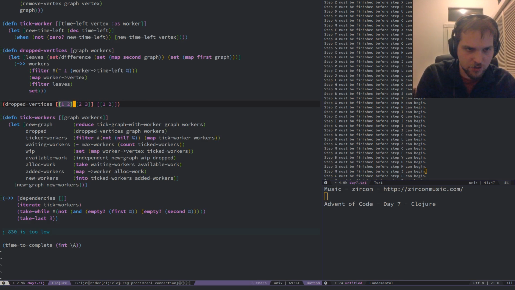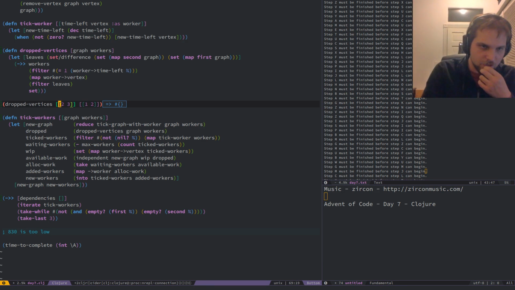If I only had this. Nothing. So it's not working. So this should give us 3. This should give us 2. Set difference should just leave us with a set of 3.